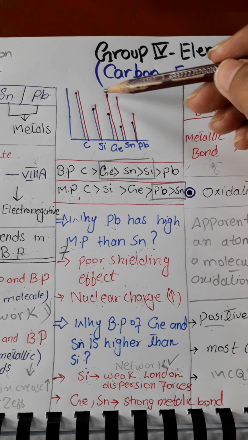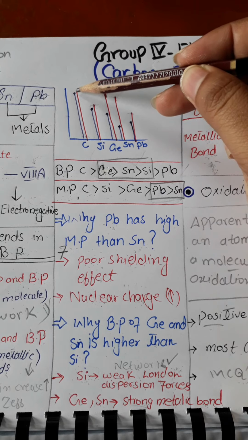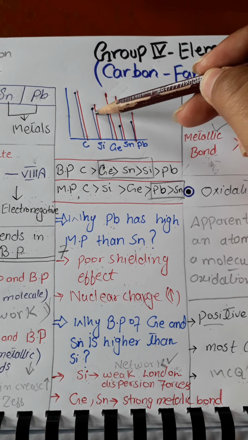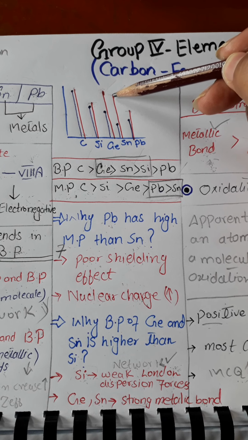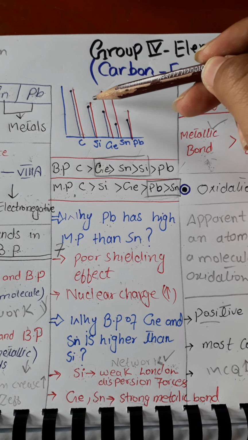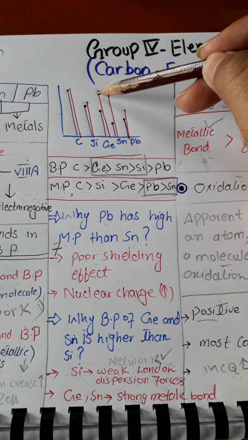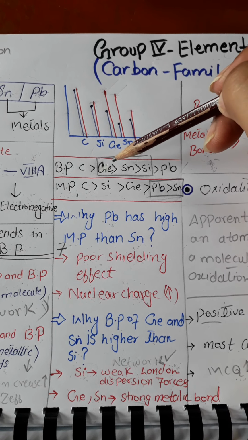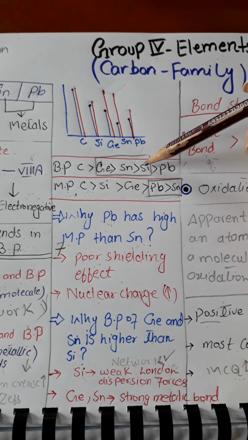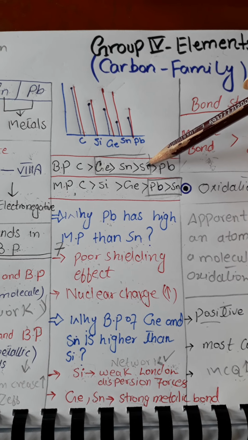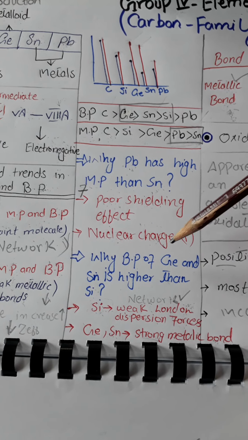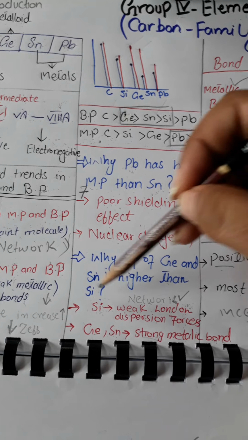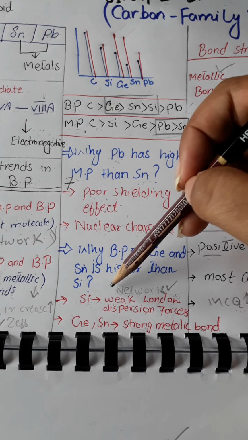Here we can see in the red lines that carbon has the highest boiling point, then silicon has a lower boiling point than germanium and tin, which is against the expected trend of boiling point. The reason is what we will study here: why germanium and tin have higher boiling points than silicon. A short question can be asked like, why is the boiling point of germanium and tin higher than that of silicon? So the reasons are that